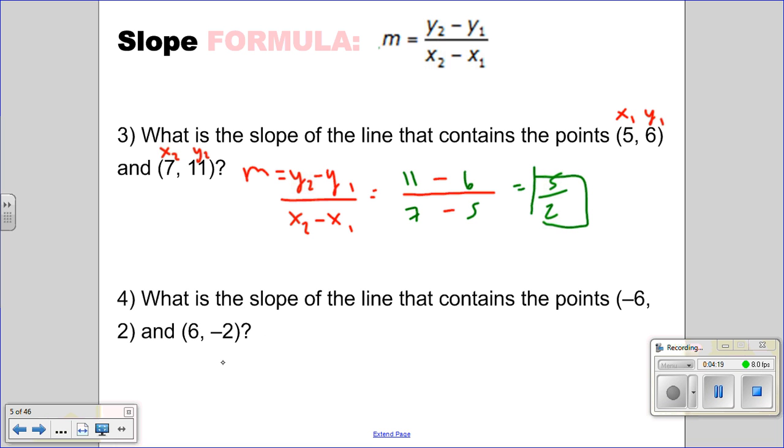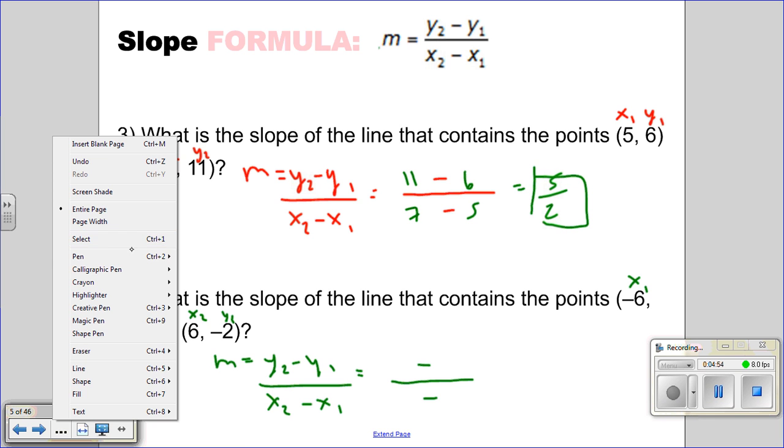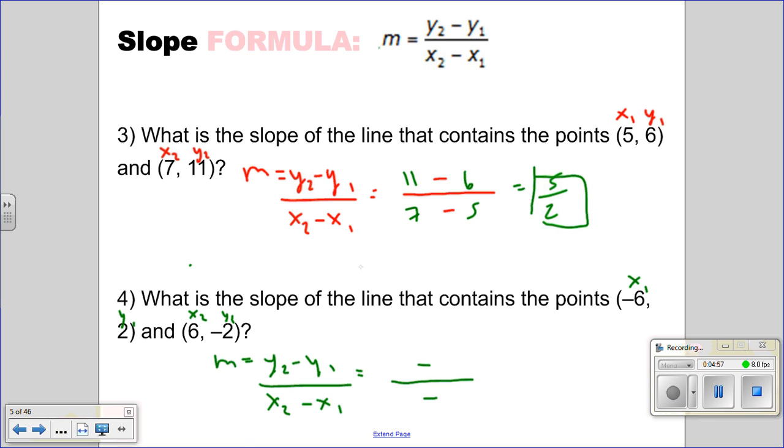For number 4, again, start with the formula every single time. Y sub 2 minus y sub 1. Write it every time. That way you won't forget it. And yes, the subs do matter when you write this formula. Now label your coordinates. So this would be x sub 1, y sub 1, x sub 2, y sub 2. Lay out your skeleton. The minus, the fraction bar, and the minus, they have to be there no matter what. Now you can insert the values where they belong. Y sub 2 is